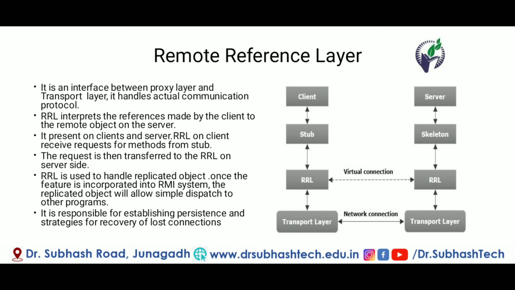It is also responsible for establishing persistence and strategies for recovery of lost connections. So if an exception occurs, or the server is not connected or the connection is lost, the RRL helps to establish the correct connection, and persistence is maintained by the RRL.